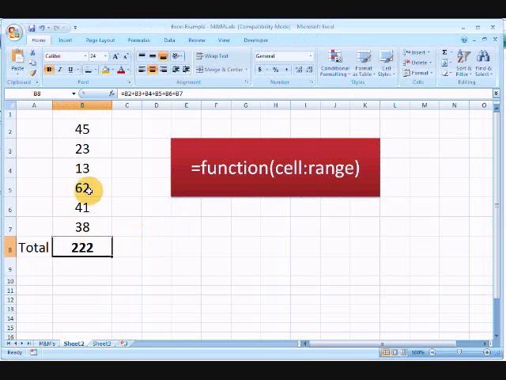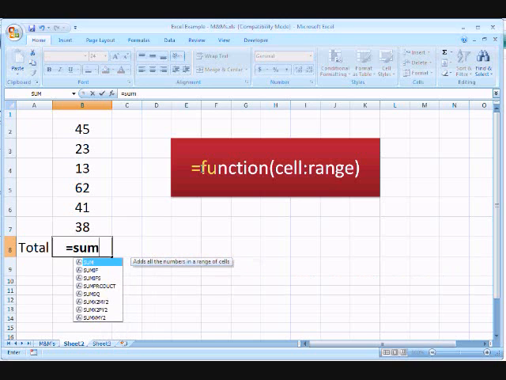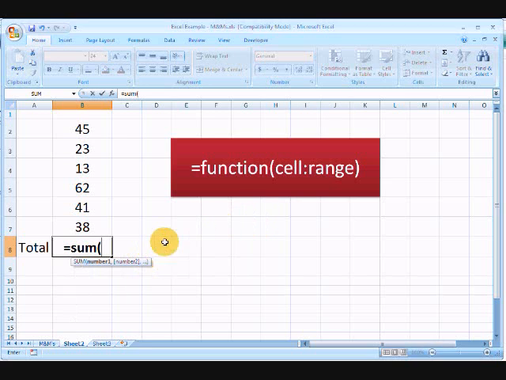So we're going to try this same thing again, add all these together to find the total, only instead of adding B2 plus B3 plus B4 and so on, we're going to use a function. So let me erase what's in here, and we'll try it again. I'm going to do it the same way with an equal sign, and then I want my function. If you remember in math, whenever you add stuff together, you're finding the sum of those numbers. So Excel uses that as its function. You want to find the sum, and then I will include my open parenthesis,